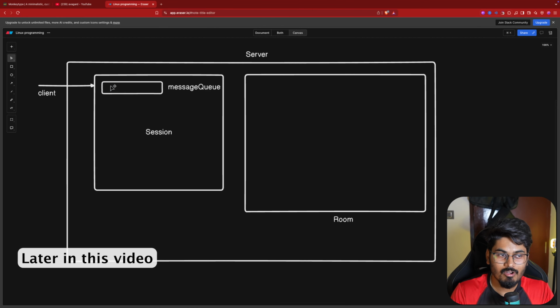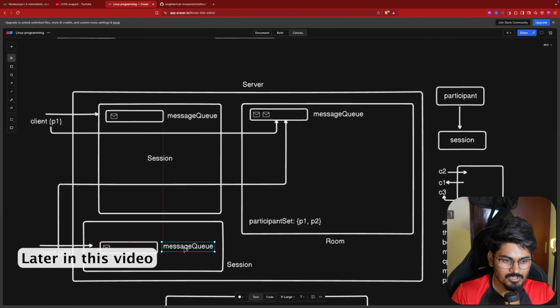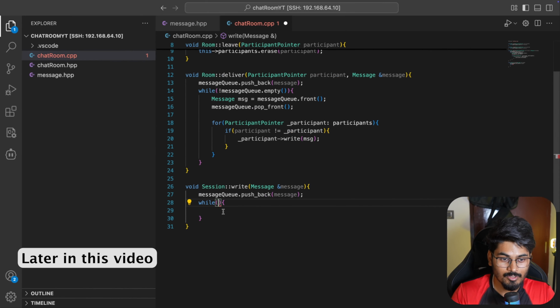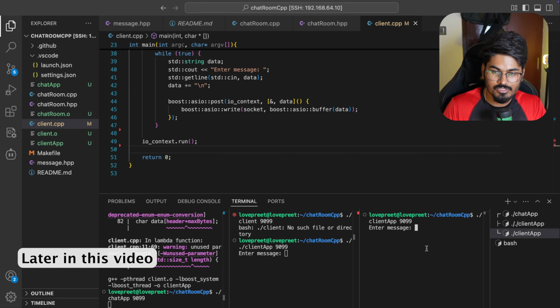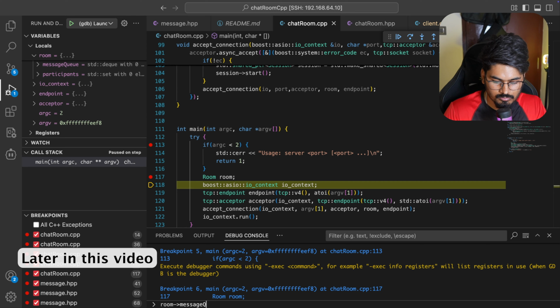A more refined way to use this queue is to accept the incoming messages. We'll store 11 here, and if we have a null character also. The session I have chosen, all the messages I am delivering, right? If the queue is piled up, I am making sure C1 is connected, C2 is connected, and only one thread is running, which is the main thread, because till this point I have access to the room and it should have access to the message